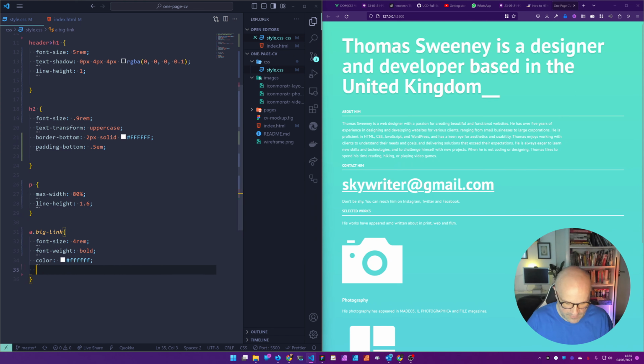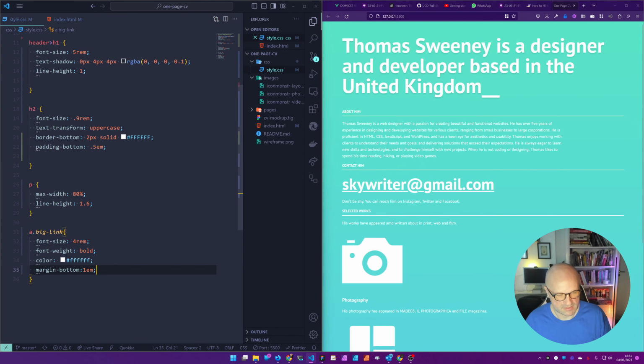It's the simplest way, so we can say margin bottom, and again we probably want to use ems rather than rems. If I say EM here, it's going to be keying off this font size, isn't it? So if I say margin bottom 1 EM,